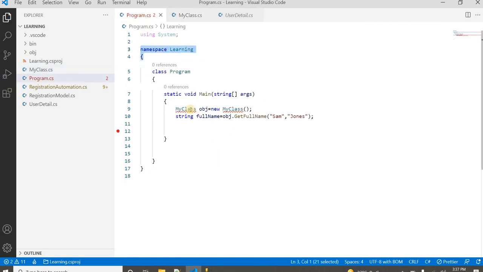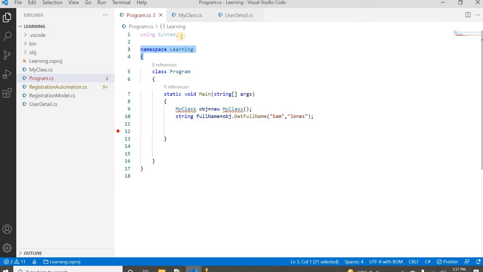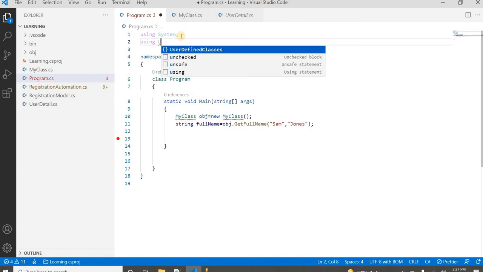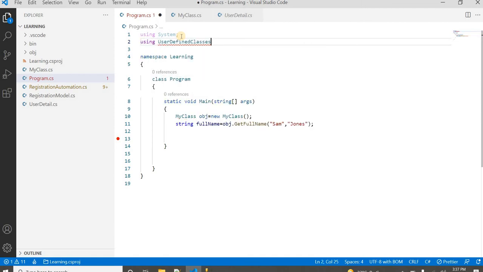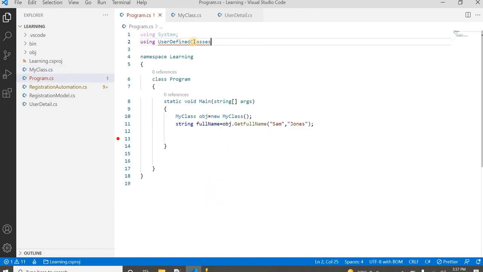Now it's giving an error here because this class does not exist in the same namespace. Then we need to include it using UserDefinedClasses. Okay, now it will work. Using is the word like include in PHP, import in Java.